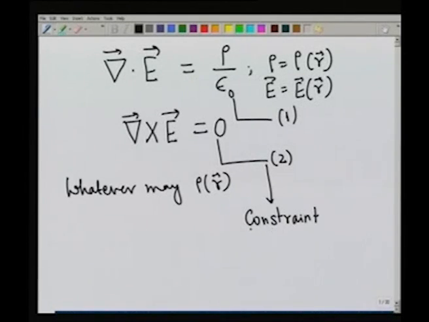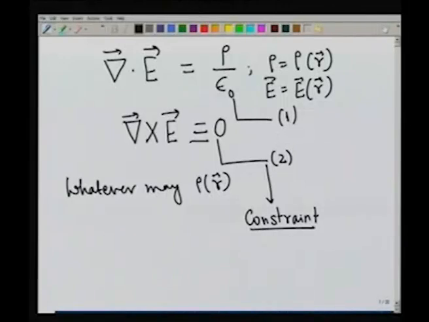So, this constraint tells us that this was always to be satisfied as an identity. Therefore, if you feel like, I can put an additional line here which emphasizes that curl E equal to 0 is an identity. Now, once I demand that curl of E must be equal to 0, it automatically follows that all the components of the electric field cannot be independent of each other. Please remember, what I am saying is that irrespective of the nature of the source, there is this constraint. All the components cannot be independent of each other.